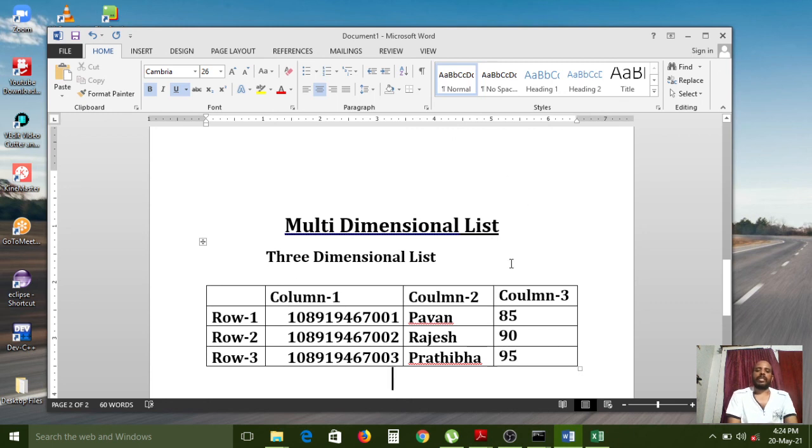And in today's session the 2-dimensional list and multi-dimensional list concept is completed. So in the next class I will explain the tuples concept. In the previous semester also I explained the introduction to tuples as well as some creation of tuples. So in the next session I would like to explain tuples very briefly.